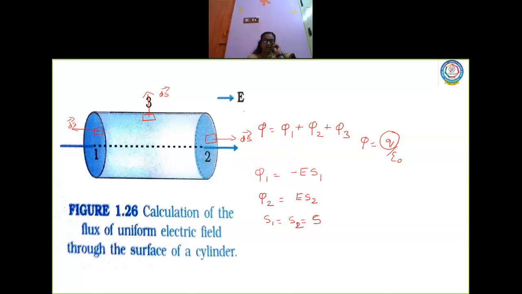So all these points are discussed in your textbook. I just explained the gist of it, children. Please go through the points that are given there in the textbook and go through the concept we learned today.